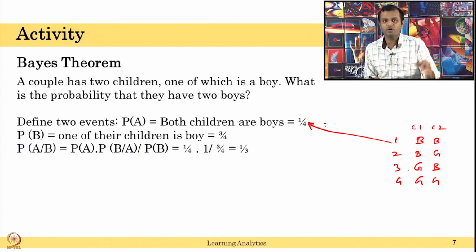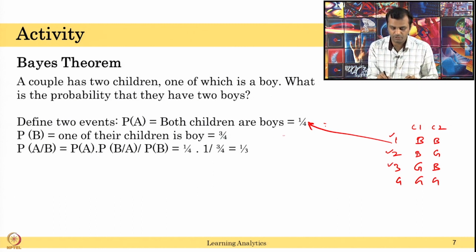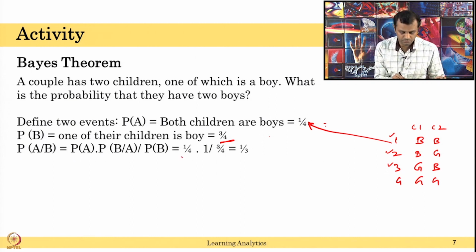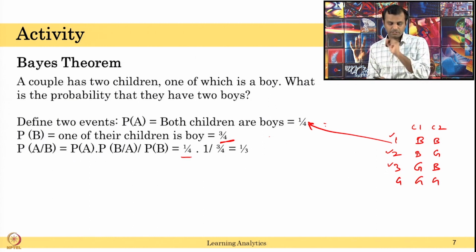Probability of one of the children being a boy, it is like at least one child is a boy. Here one child is a boy, and here also one child is a boy, at least one child is a boy. Out of 4, 3 times there is at least one boy, it is simple, right. So, that is the answer here: 1, 2, 3, 3 chances that at least one of them will be a boy. So, now we have to compute this. So, probability of A is 1 by 4, true. The tricky part is this one,